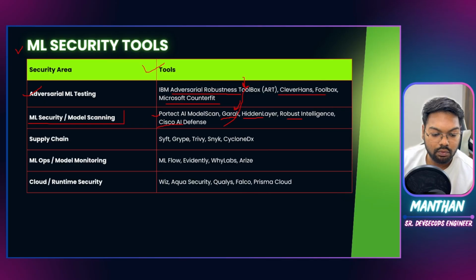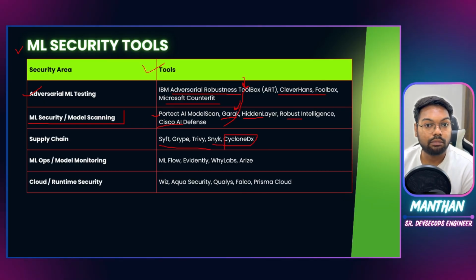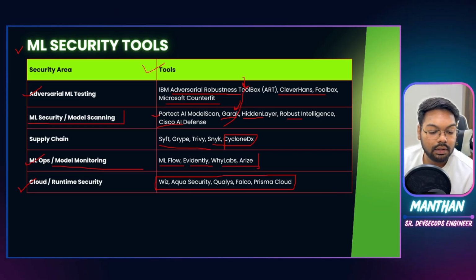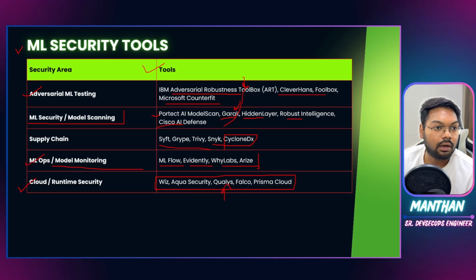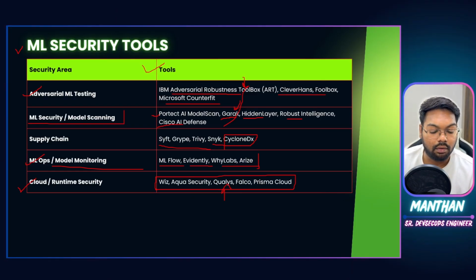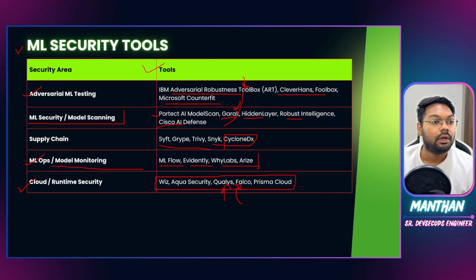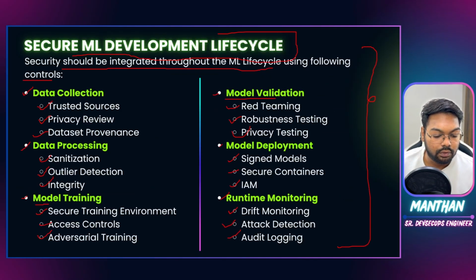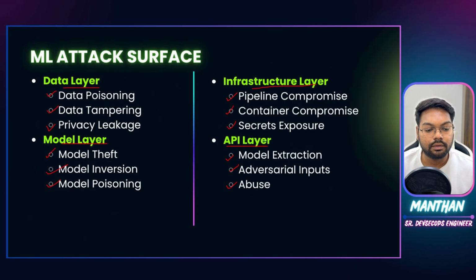Supply chain security could be addressed using Syft, Grype, Trivy, Snyk, and CycloneDX for SBOMs or AI BOMs. Then for MLOps and model monitoring, we would go with MLflow, Evidently, WhyLabs, and Arize. And for cloud or runtime security, some of these are Wiz, Aqua Security, Qualys, Falco, and Prisma Cloud. If you are using Kubernetes, it's Falco. So these are the different tools that you can use for the security of